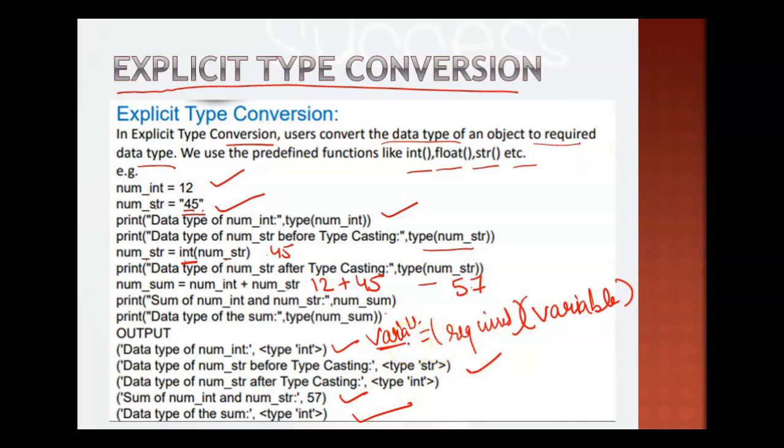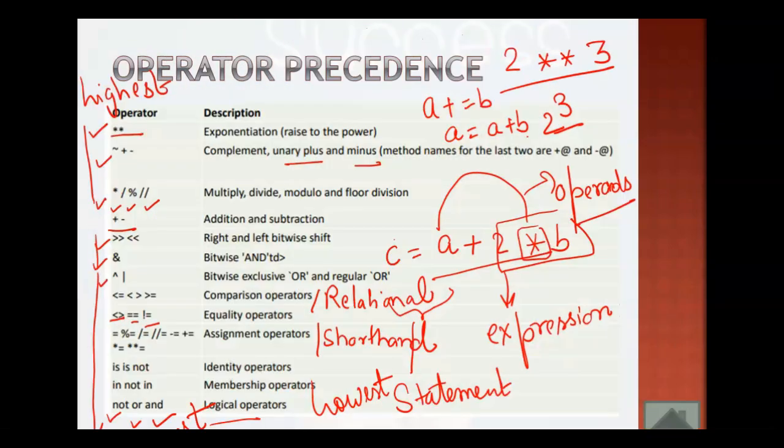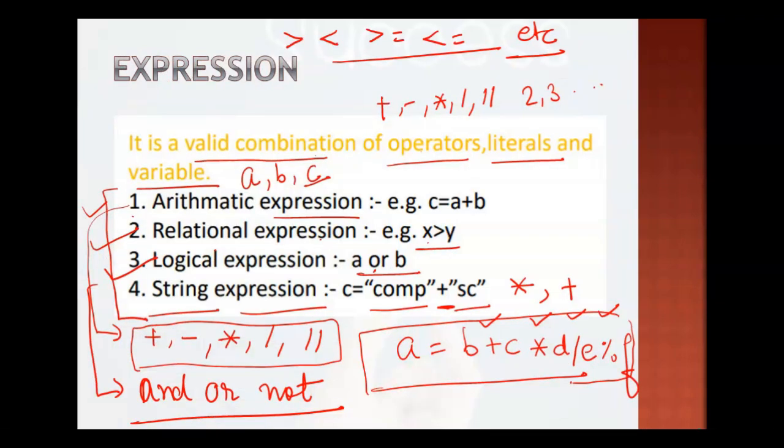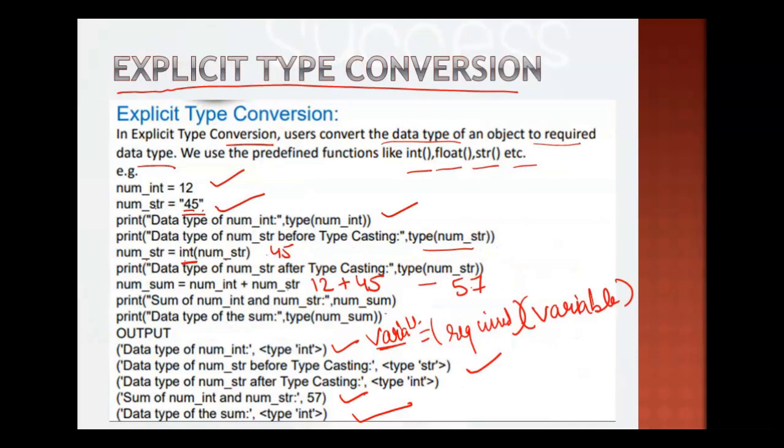Okay, so I think you are clear on what we covered today. We started from operator precedence, so how you can check which operator will execute first, and then we moved to expressions, what an expression is and the types of expression we covered. Later on we moved to another topic called type conversion. We covered the two types of conversions, and how to differentiate these two: the implicit one by the compiler and the explicit one by the user. So that's all for today's class.